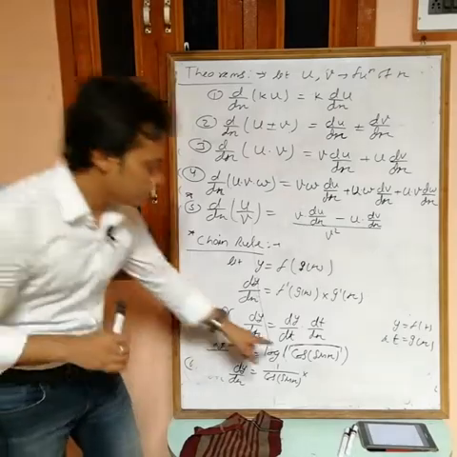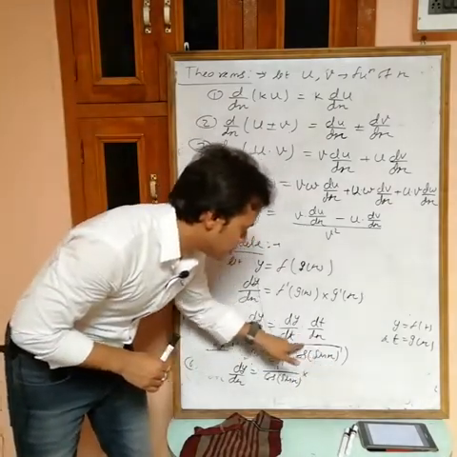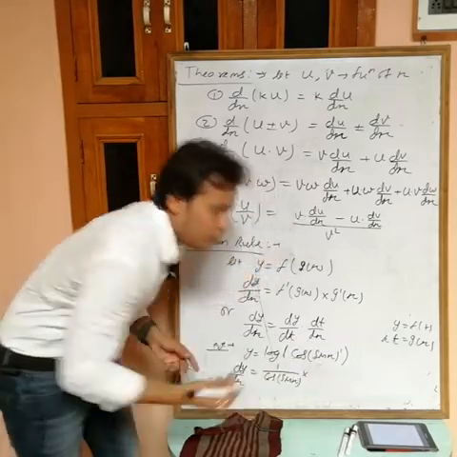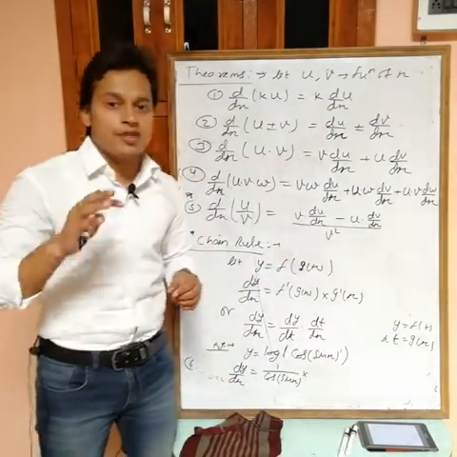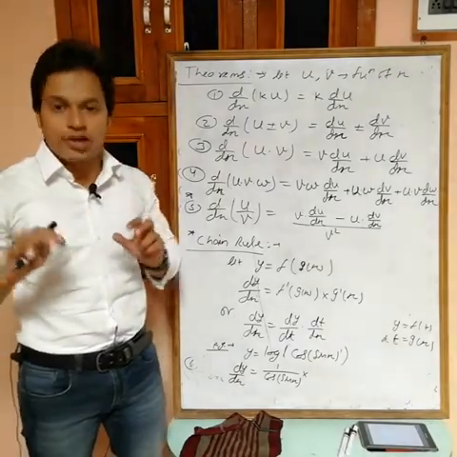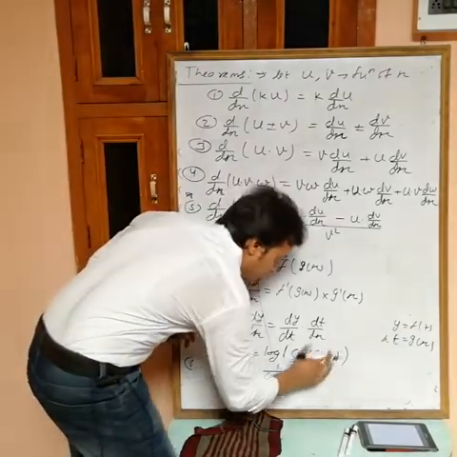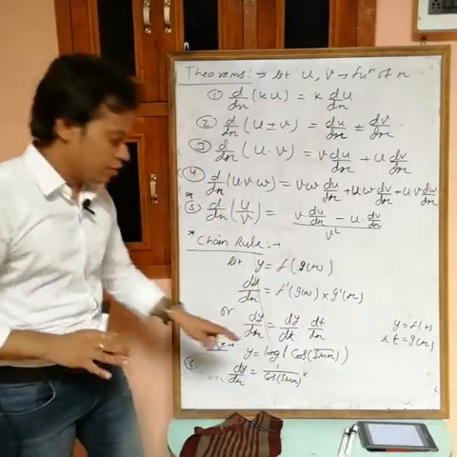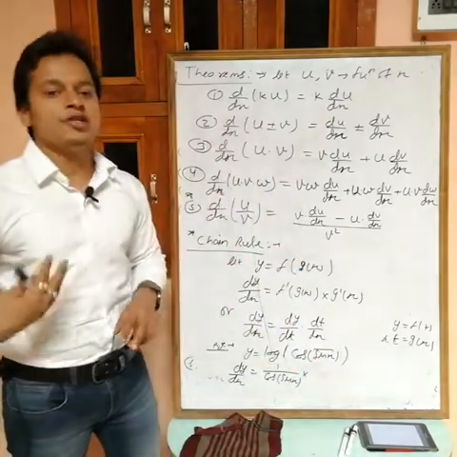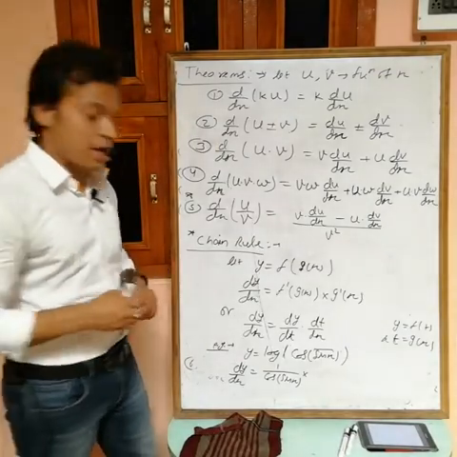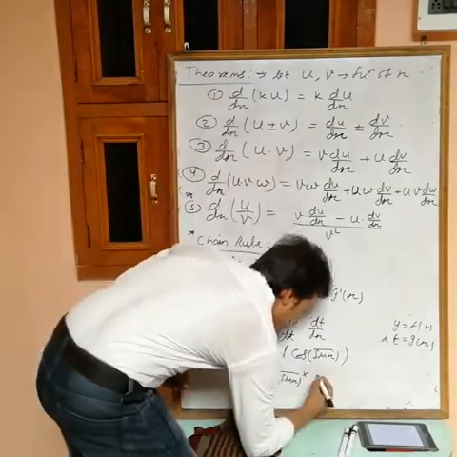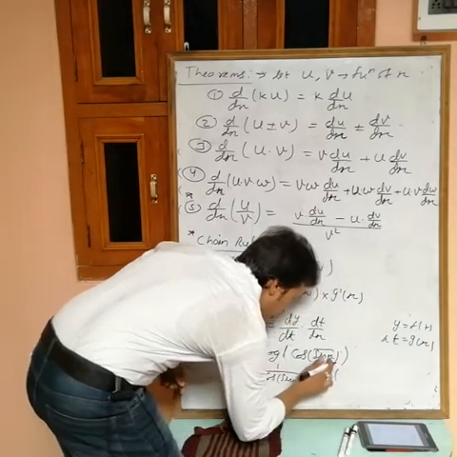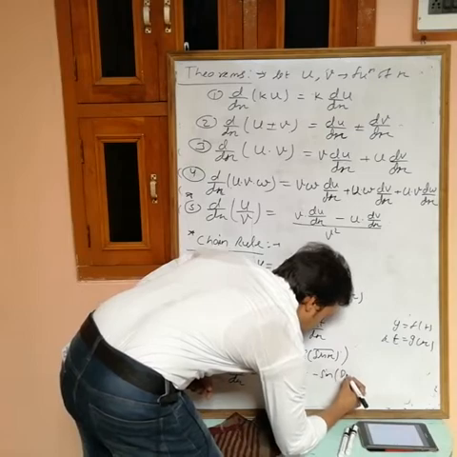So we are assuming this part as x now, so find the differentiation of it. Can you differentiate cos of sin x? Again no, we don't have a formula for cos of sin x, but we have a formula for cos x. So to differentiate this, again I will assume this part as x. Now it becomes cos x, and the differentiation of cos x is minus sin x. But in the place of x, you have to put the assumed x, that means sin x.